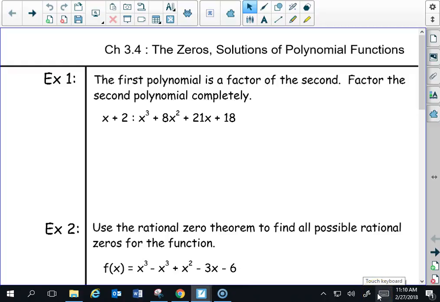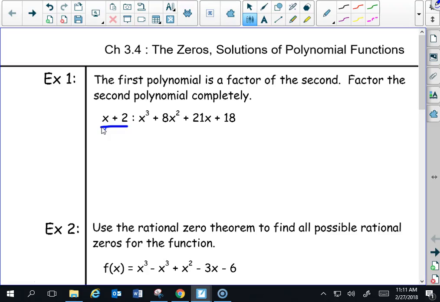All right, on to chapter 3.4 where we find solutions to polynomial functions. Those solutions are also called zeros because they are graphed on the x-axis. The first example asks us if x plus 2 is a factor of the polynomial starting with x